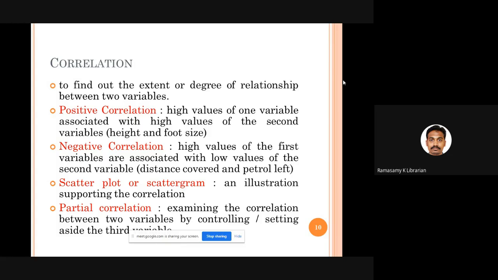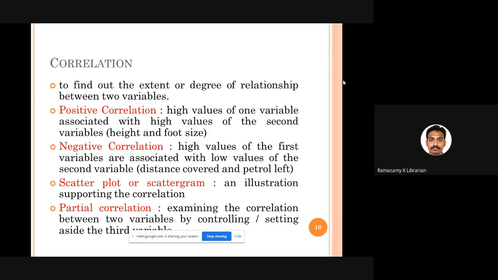At the same time, we have something called partial correlation. For example, you are studying the relationship between monthly income and monthly savings. But please understand, the amount of savings of an individual may depend on some other factors also.